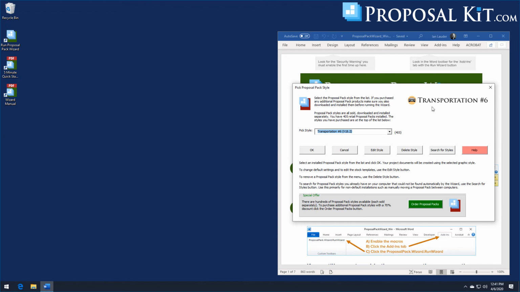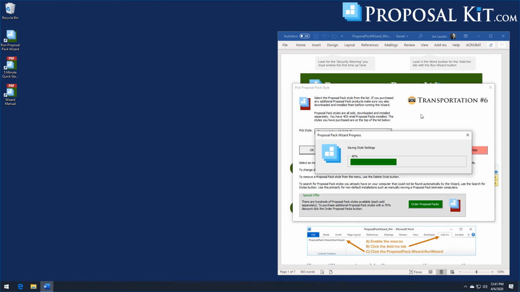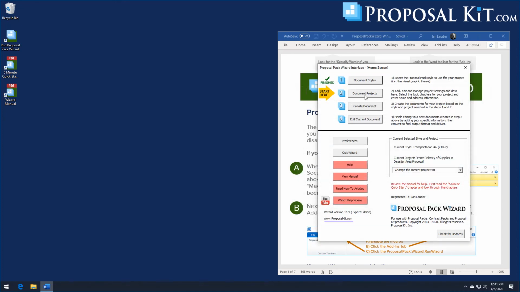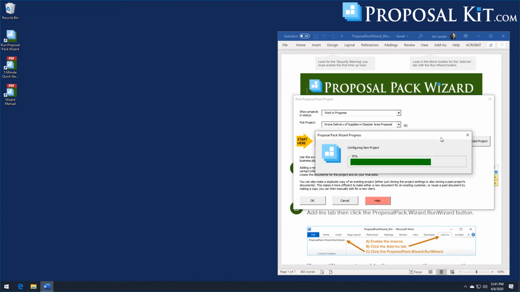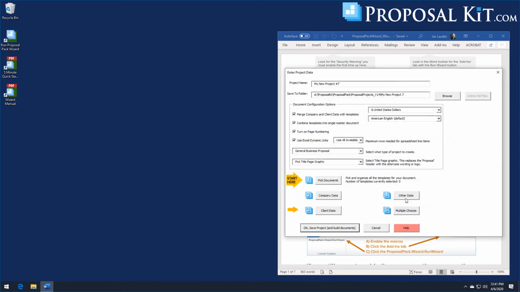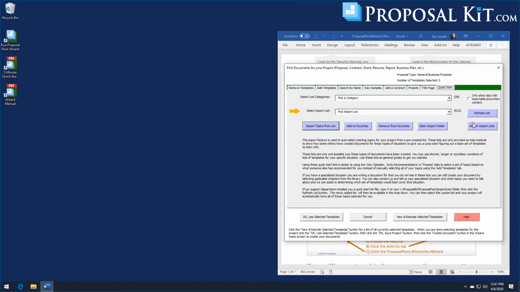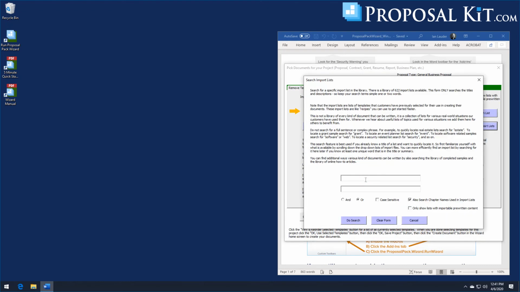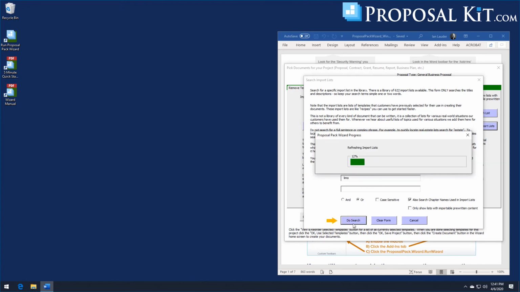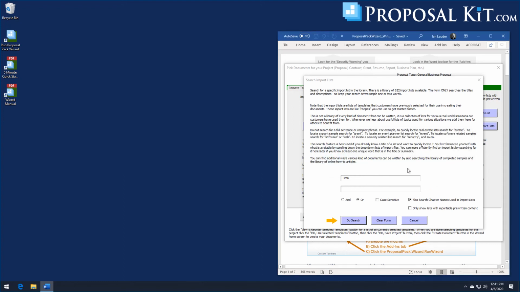This has been a common one used by limo service companies. And we'll create a new project. And we'll search for the word limo. And if you do a search on a word and you don't find any layouts, just change the word. Search for